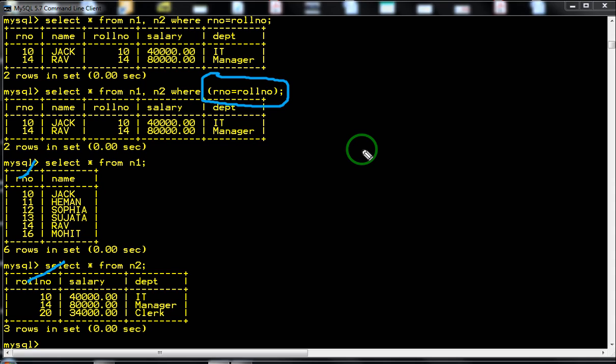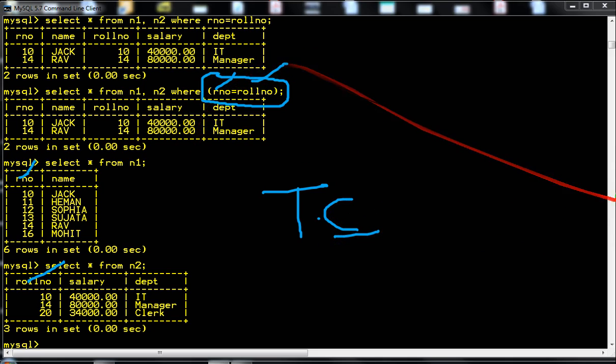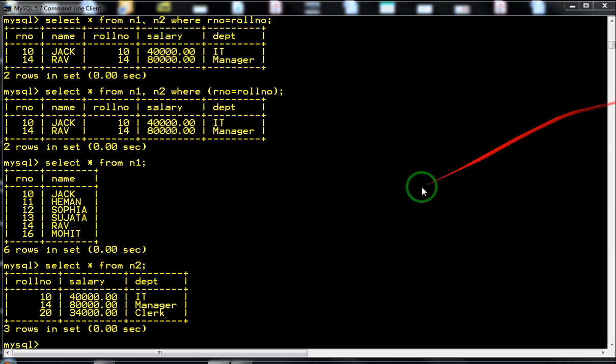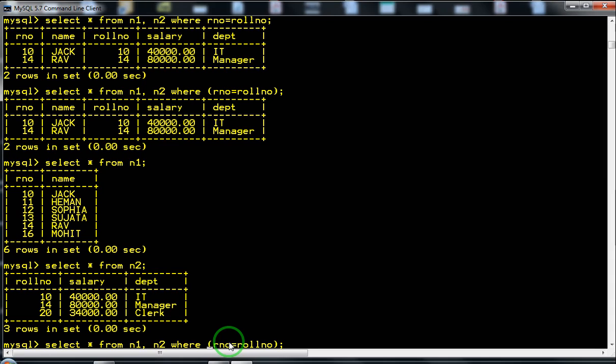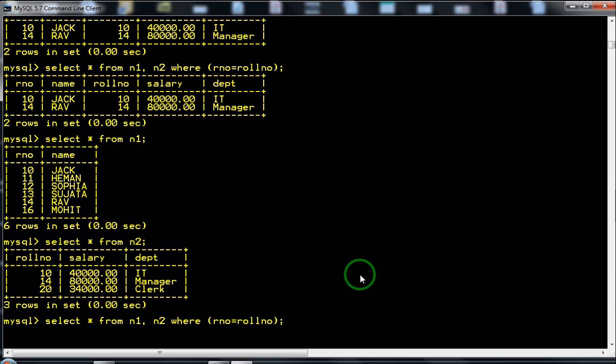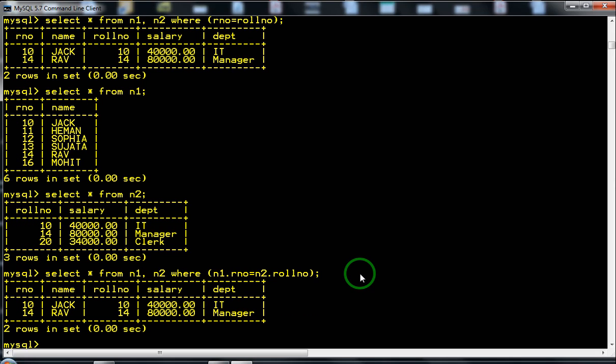Instead of writing the table name and then the column name, you can directly write the name of the column. Here I am specifying only the name of the column. It will not lead to any error. If you want, you can also specify the name of the table. There won't be any changes in the output, where n1 dot roll number equals n2 dot roll number. You will get the same output.